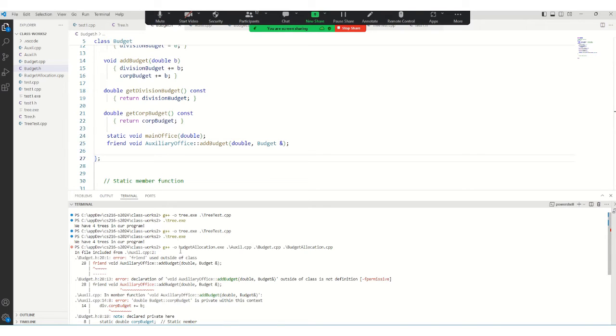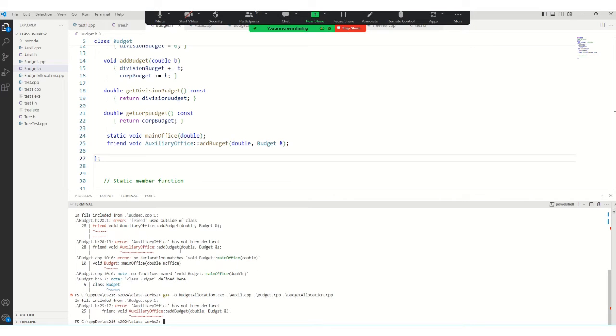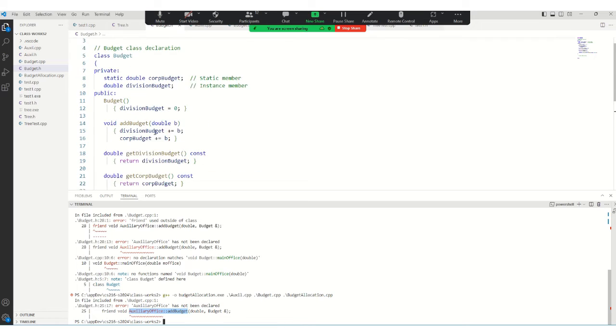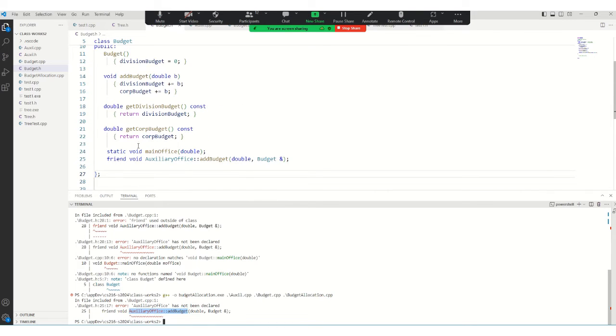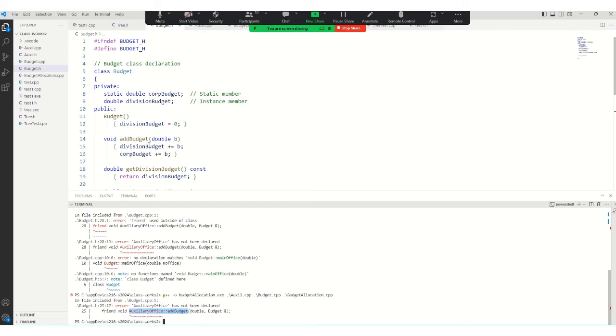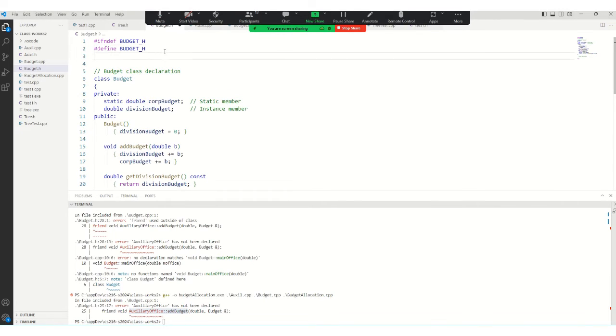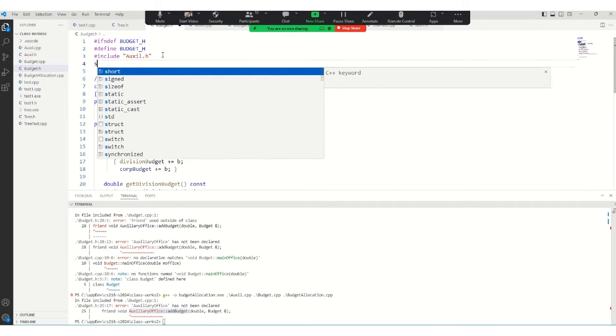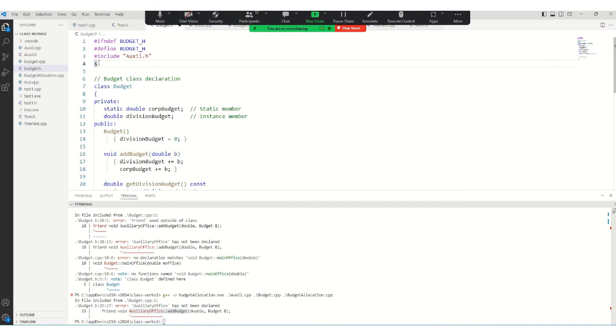So now, if we compile it, we have only one problem: add budget has not been declared. So where is the error? In budget.h, line number 25, auxiliary office has not been declared. Did we declare the auxiliary office? We forgot to include it here. That's the reason we are getting the error. So we have to include auxil.h, then we have everything here, I guess. If we now retry this one,